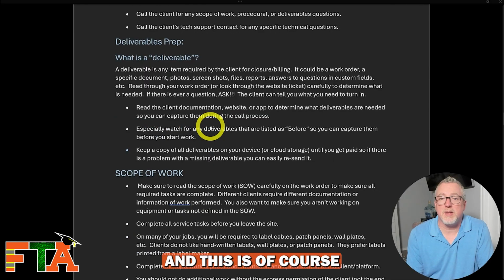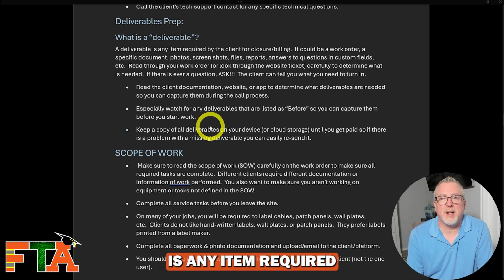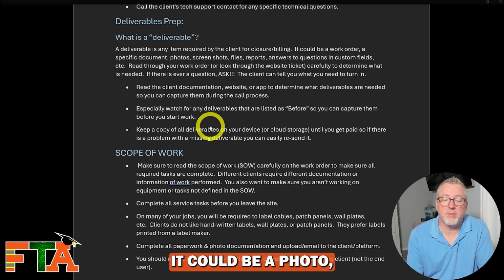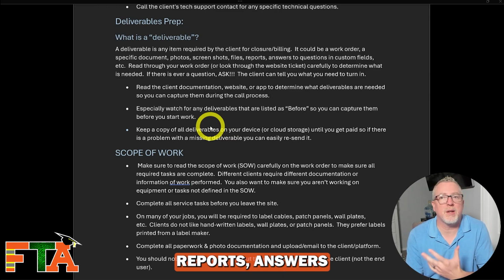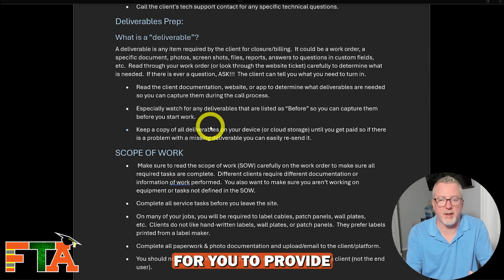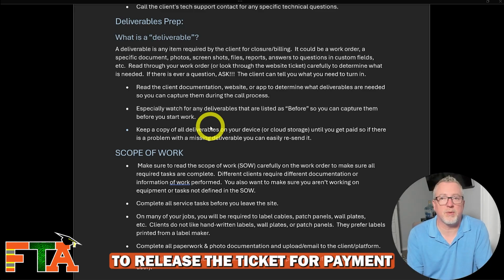Next thing, and this is of course important for pay, is your deliverables. So first of all, what is a deliverable? A deliverable is any item required by the client for closure and billing. It could be a work order, it could be a specific document, it could be a photo, screenshots, files, reports, answers to questions in custom fields, etc. It's basically anything the client requires for you to provide for them to release the ticket for payment and consider